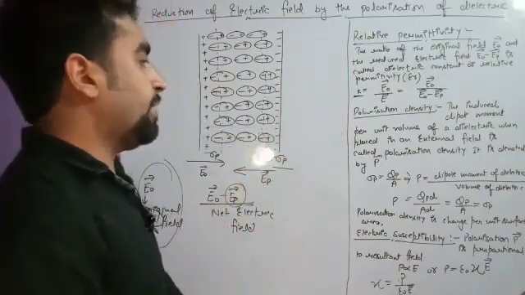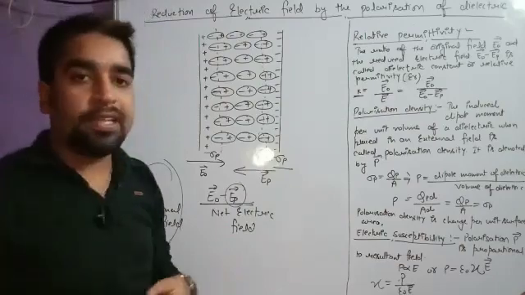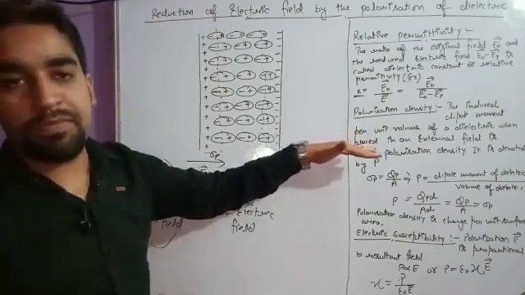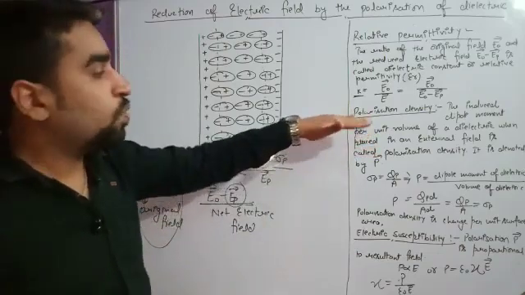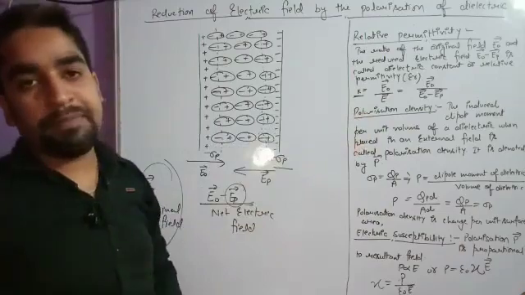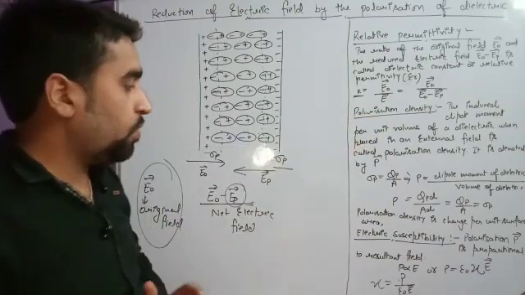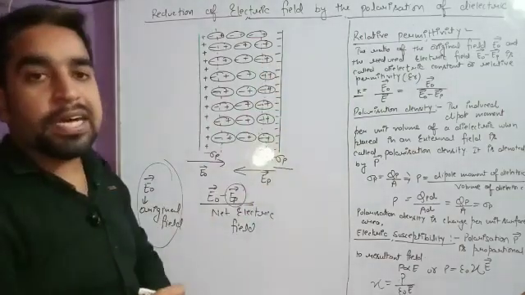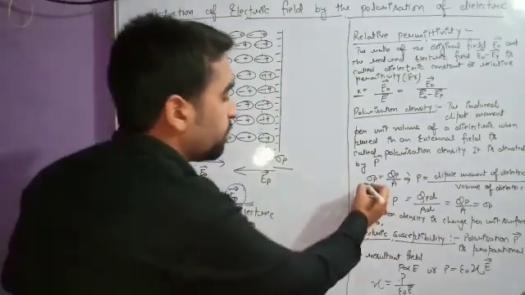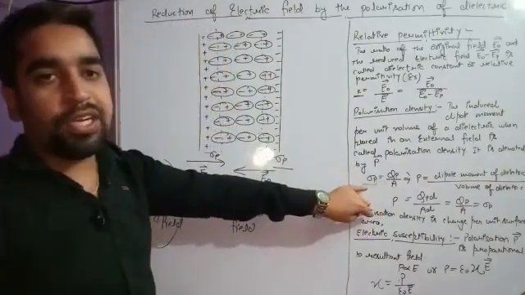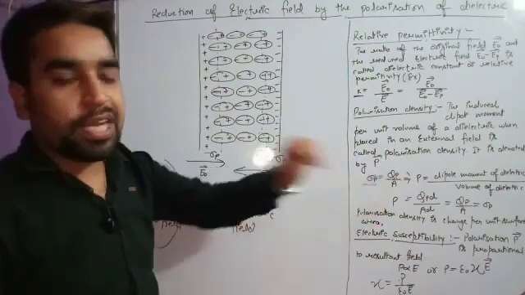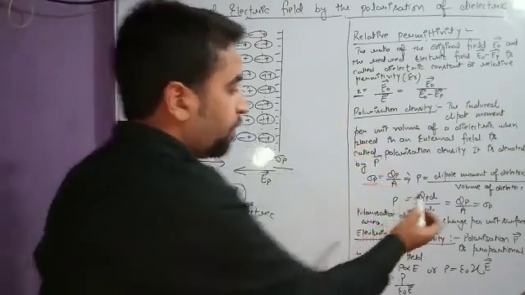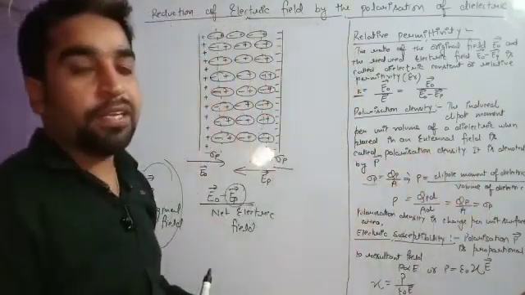Now, polarization density. What is polarization density? I have discussed it even in the previous lecture. Density means divided by volume, and polarization means dipole moment. So dipole moment per unit volume of a dielectric material is known as polarization density. Suppose we take the example of sigma p. Sigma p is the charge density, which we already know is charge per unit area. So Qp upon area is the charge density.